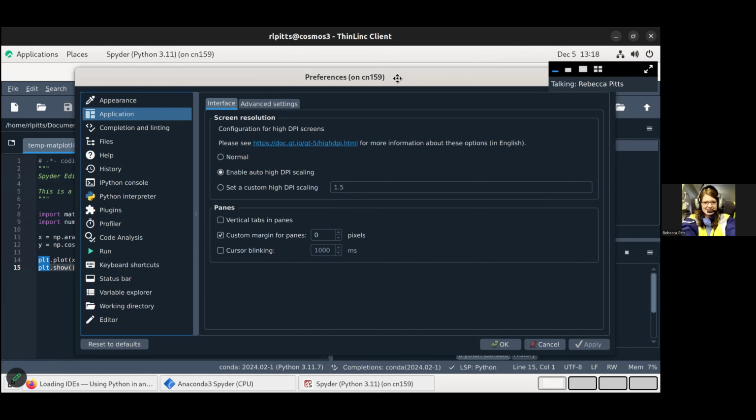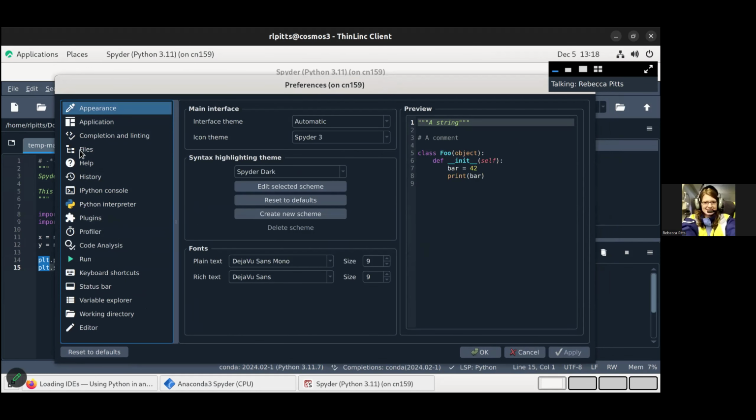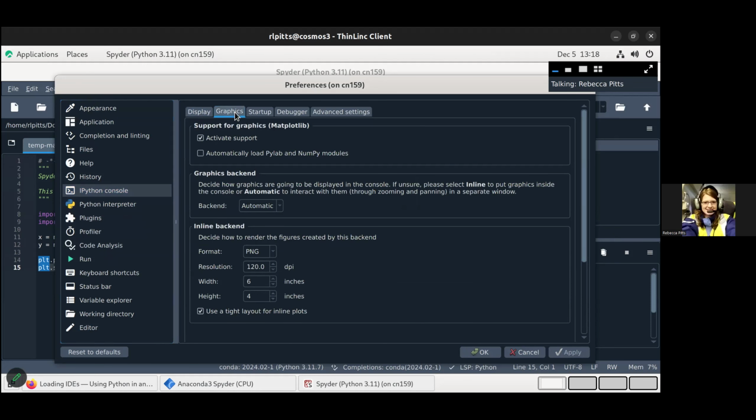So I'm going to leave these settings as they are. The other thing you probably want to do when you're first running Spyder is to go to, I believe, let's see, yes, IPython console. And what you want to go to then is graphics and select the graphics backend. The default is usually inline, and I find that that's usually too small. But if you select automatic, then